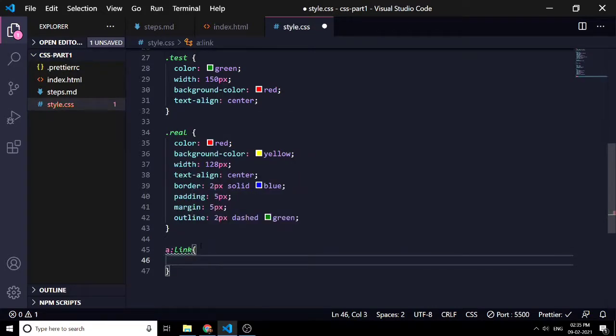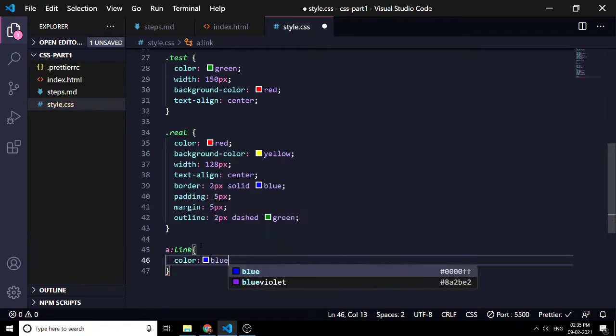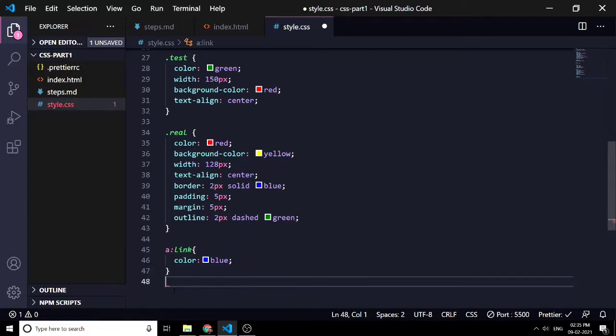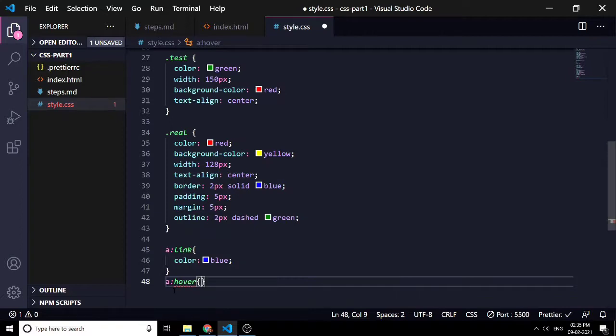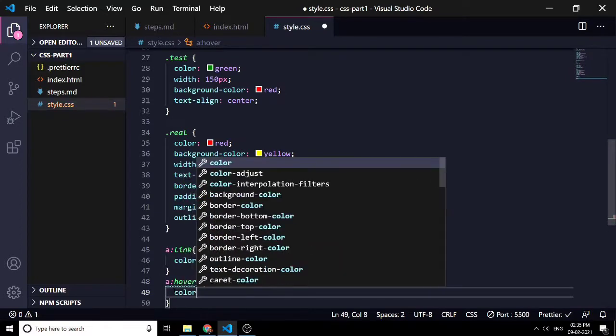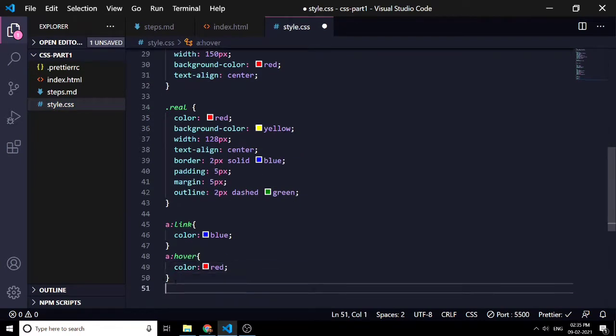The first one is a link. Let's give it a color of blue. The next one is hover. Let's give it a color of red.